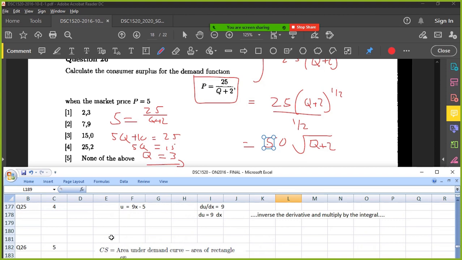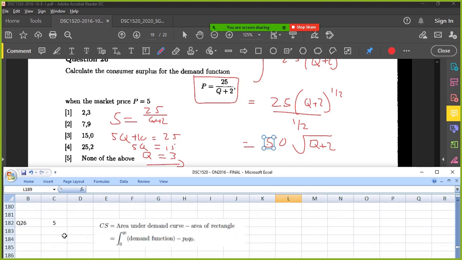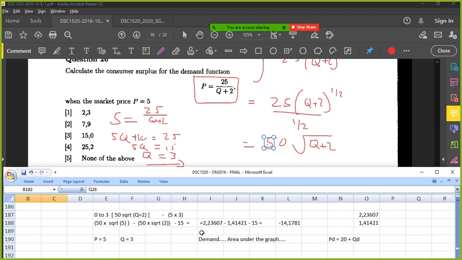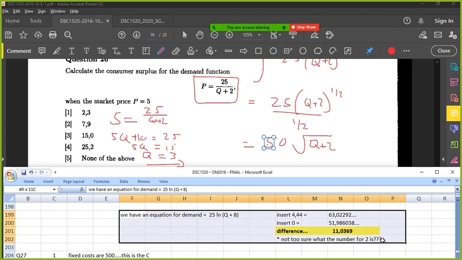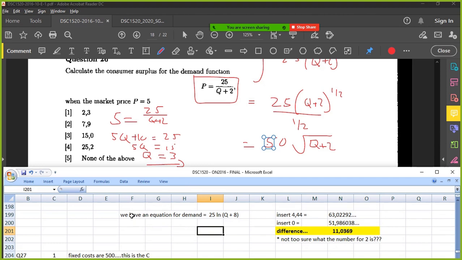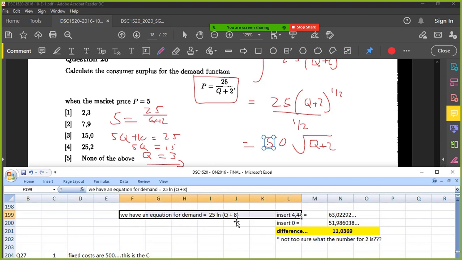Okay, what answer did I go with? I went with none of the above, yeah. Okay, question 26, none of the above, 5. Area under the graph, yes. Okay, initially I got this, but that was based on something else. I see I used ln instead of